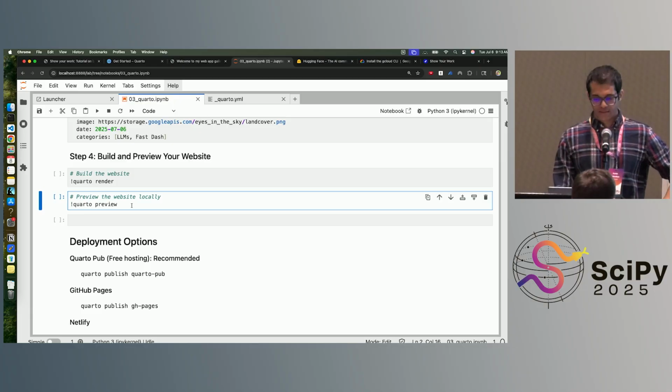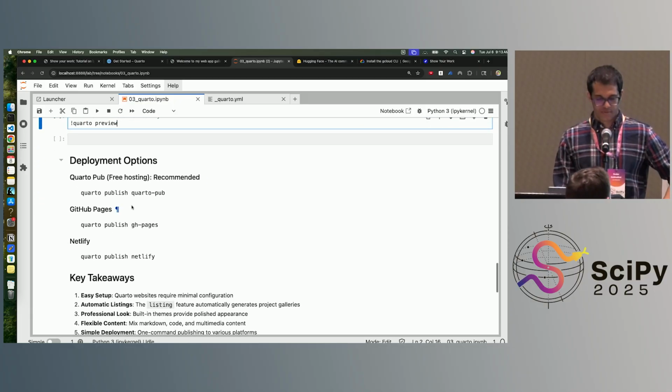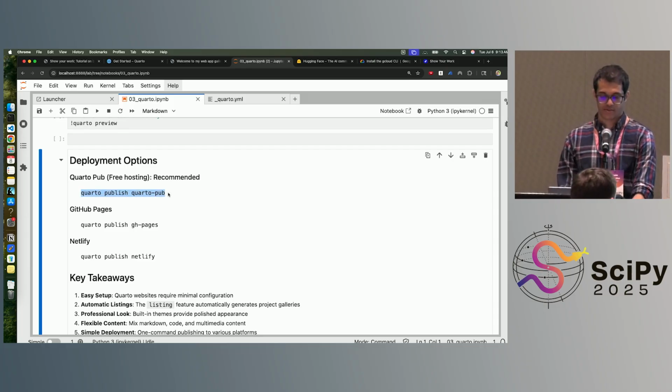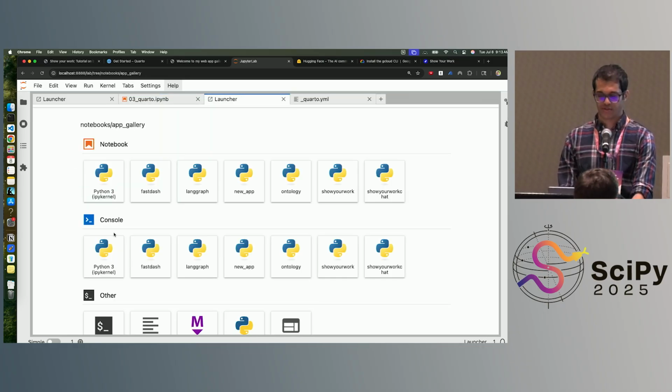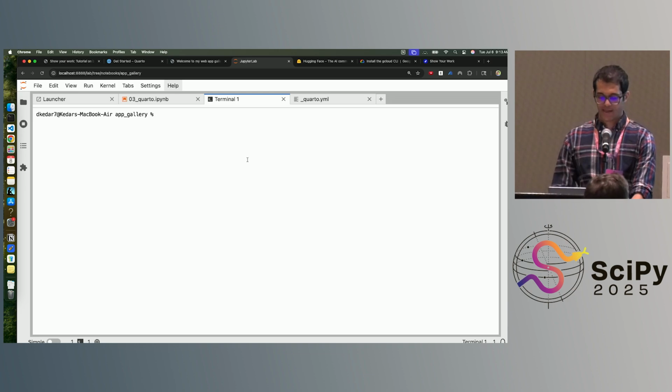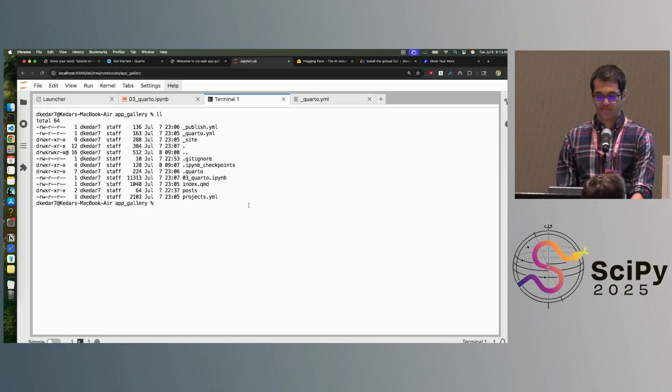All right. And the final and I believe the coolest part that's yet to be done is publishing it to Quarto Pub or Quarto Cloud. Using this command, so you could either run this, copy this, and run this inside terminal. That's what I would advise. So if I just opened a new tab, went to my terminal, and I'm in my app gallery right now, as I'm supposed to be, and I just paste that command, quarto publish quarto pub,